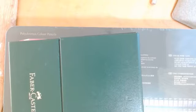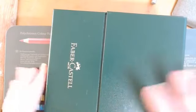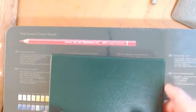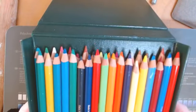Yeah, I prefer this tin box thing. This is just far, to me, far superior than having a...